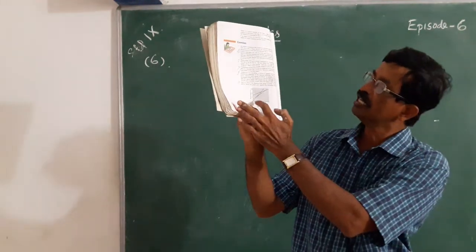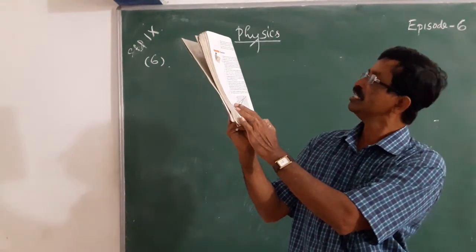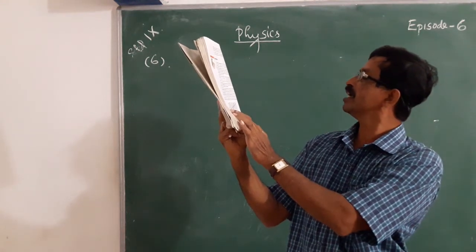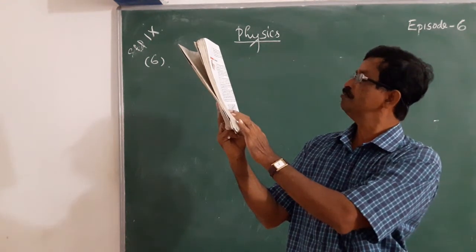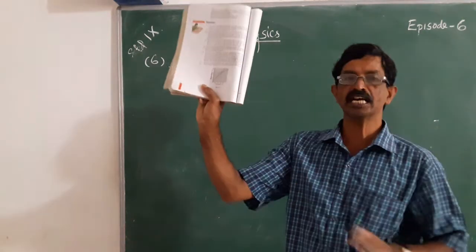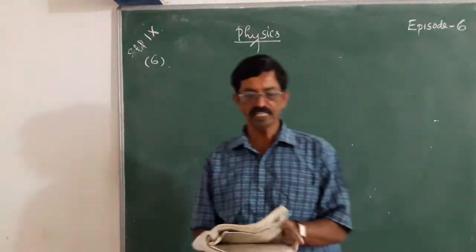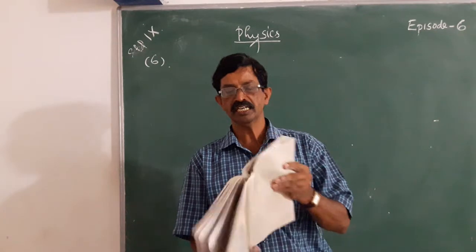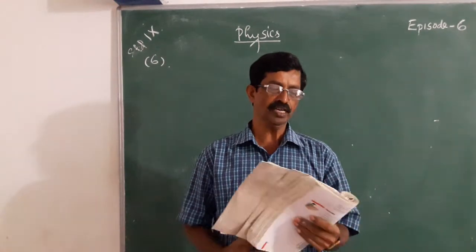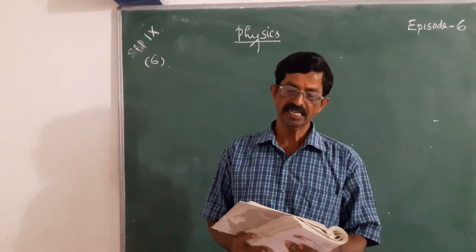See 3 graphs: first is A, and then B and C. Questions are given related to these 3 graphs, and the first one is which of the 3 is traveling